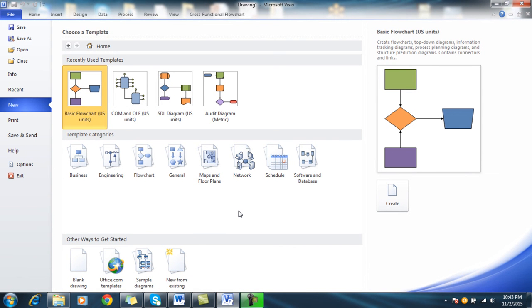Alright guys, so that's more or less about Visio. In case you need additional help or any additional information that has not been covered in this particular presentation, then you can feel free to approach your training team